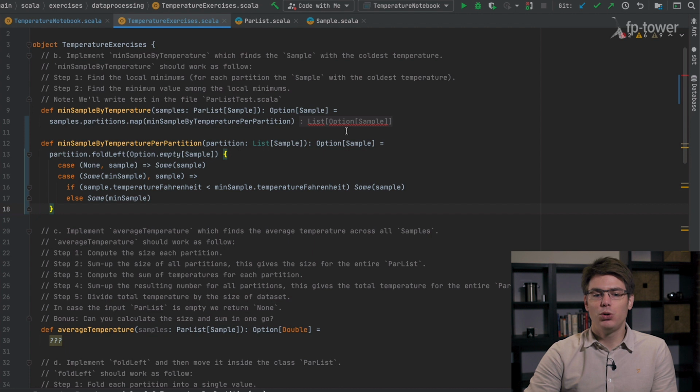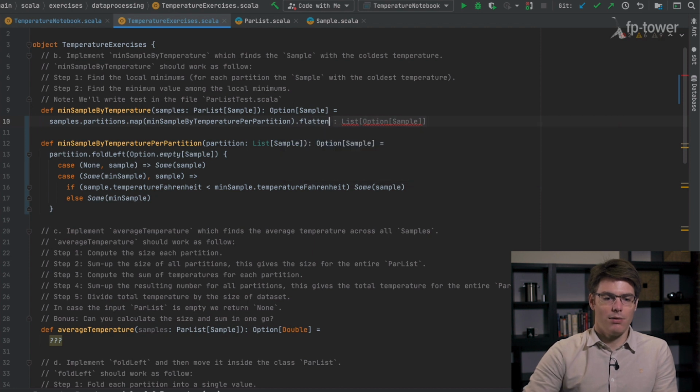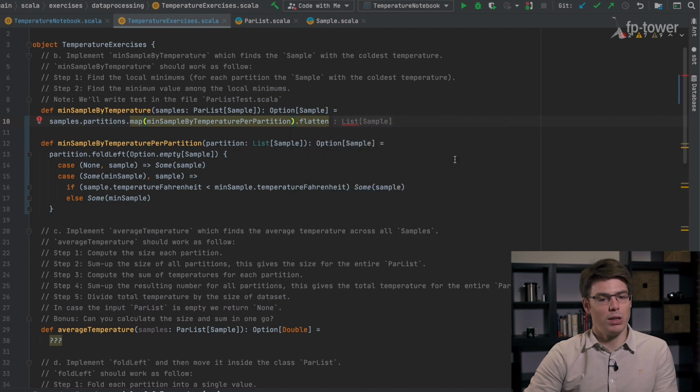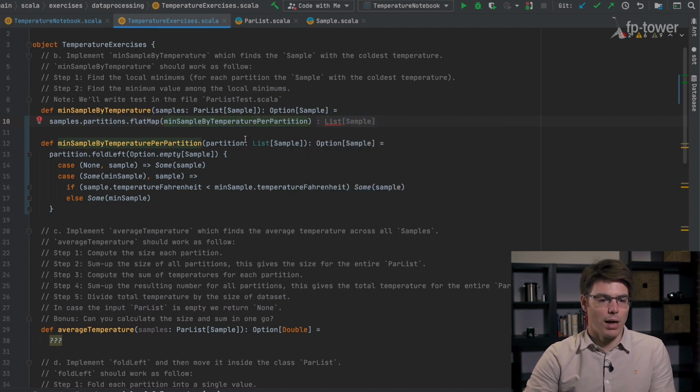Now what we want to do is to drop all values that are none. And we can do that with the method flatten. So we can say flatten, and in this case we get a list of sample. All the nones will be removed. Now, as you can see, IntelliJ is telling me that there is a potential refactoring here. So let's have a look. It says that when you have map and flatten, you can replace it by flat map. So let's do that. Okay, so now we have a list of samples representing the sample with the coldest temperature